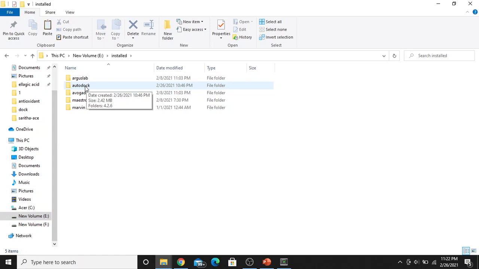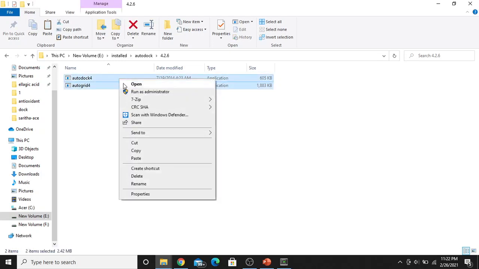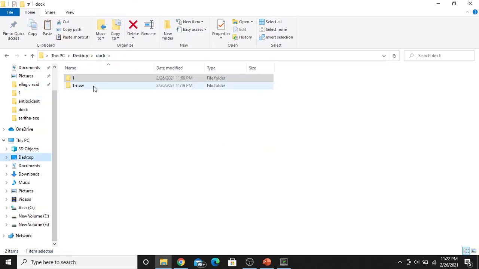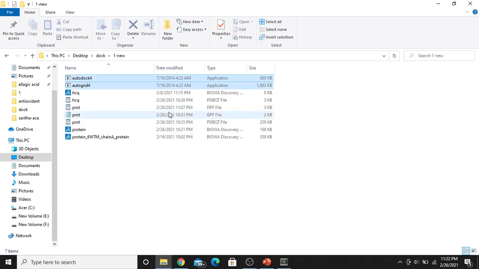So I'm going to this Autodock folder, and there will be two applications, Autodock Grid 4 and Autodock 4. You have to copy them and paste them in your working folder where you have saved the parameter files for docking using Autodock.